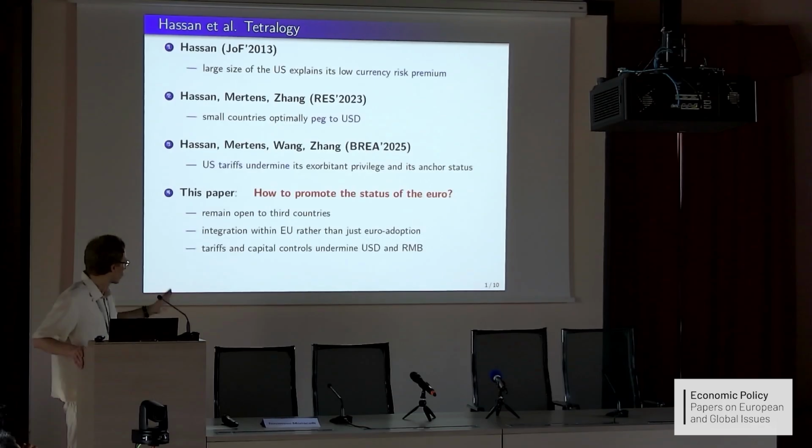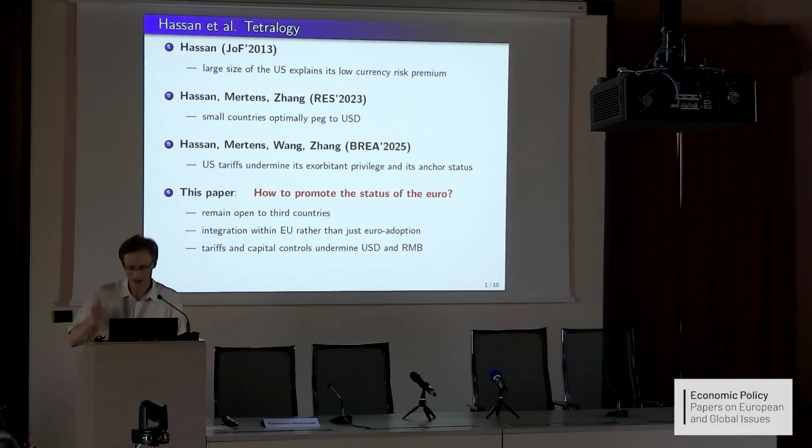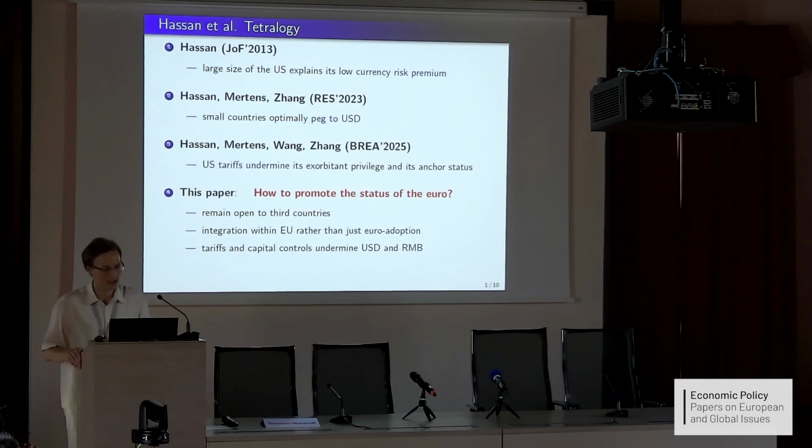So now, what does this fourth paper bring that is new? It focuses on the role of the euro and under which conditions the euro can replace the dollar and also outcompete the renminbi as a global currency, as the currency with the highest safety premium. I read the draft and wrote my summary. Tony just showed his summary. It seems like it's exactly the same points.